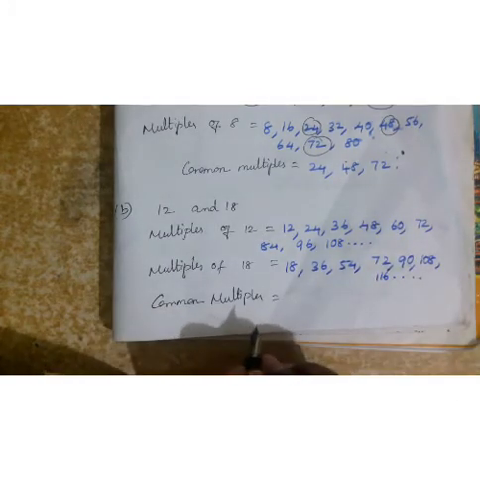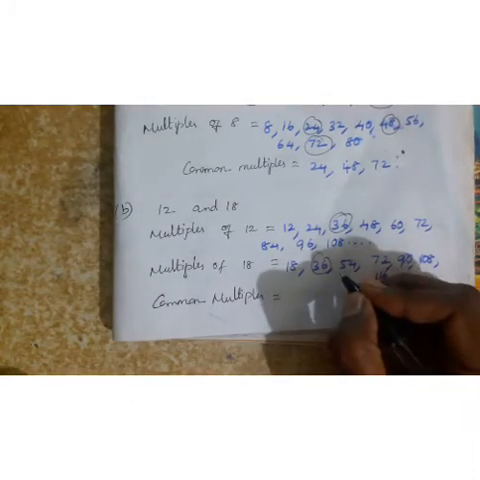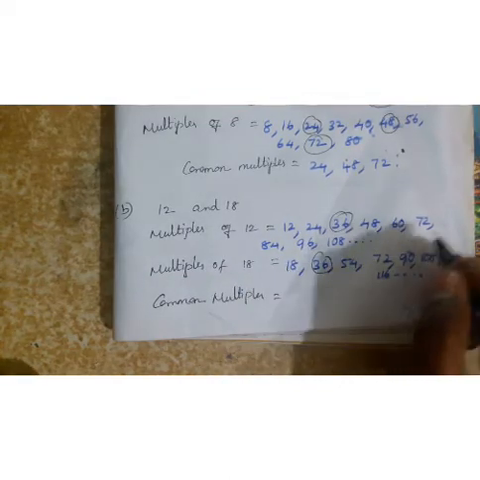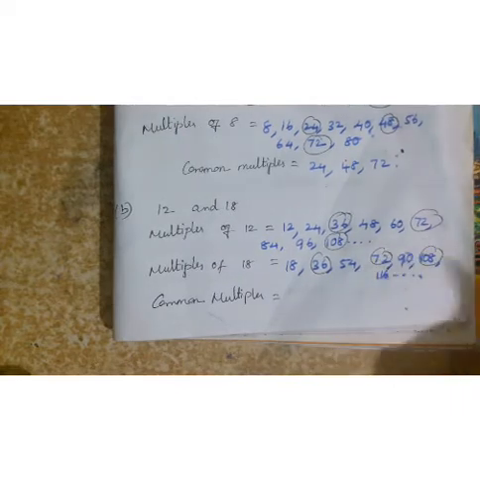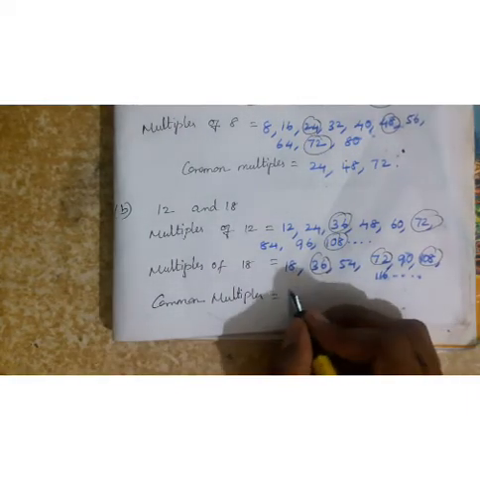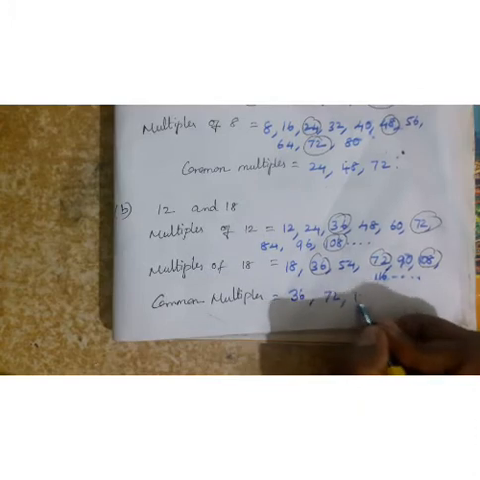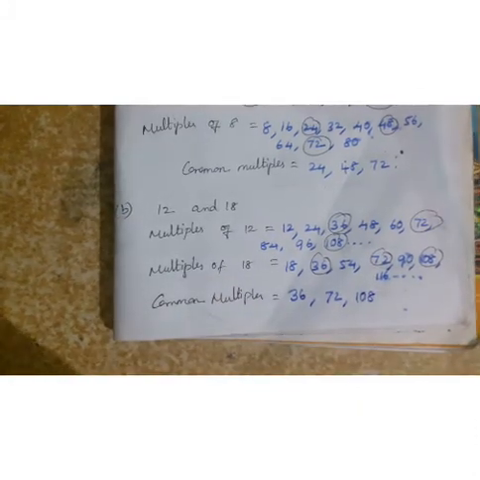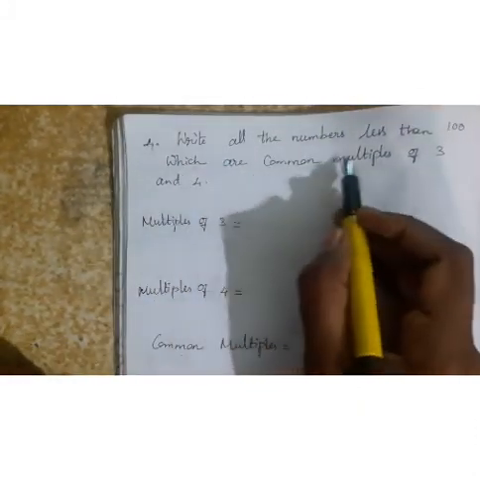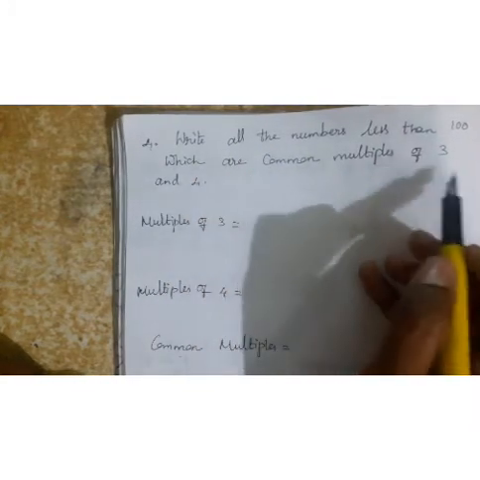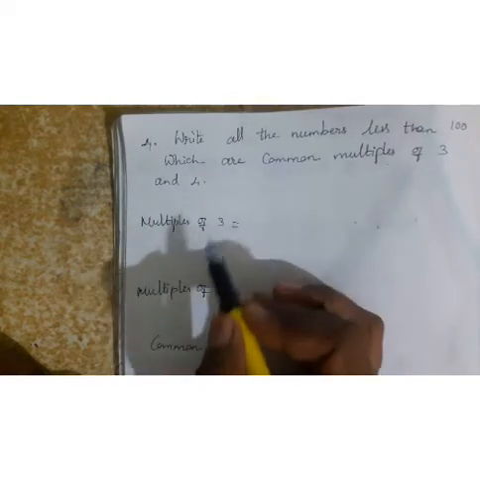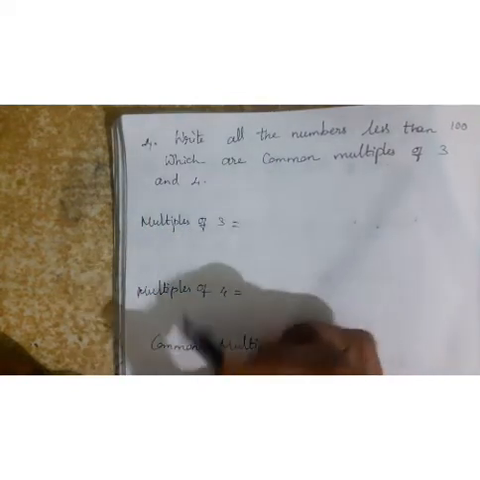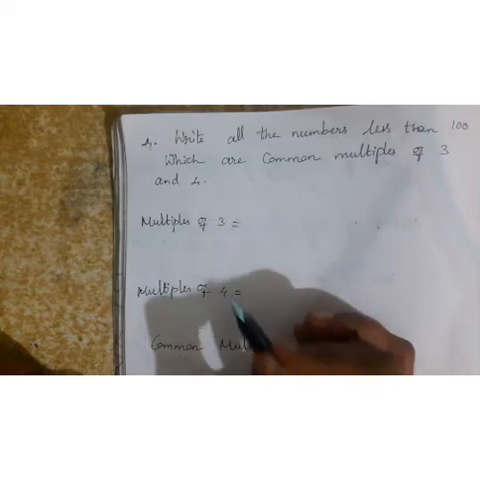The common multiples equal to 36, 72 and 108. Question number 4. Write all the numbers less than 100 which are common multiples of 3 and 4. So here we want to find multiples of 3 and multiples of 4 and find the common multiples of 3 and 4